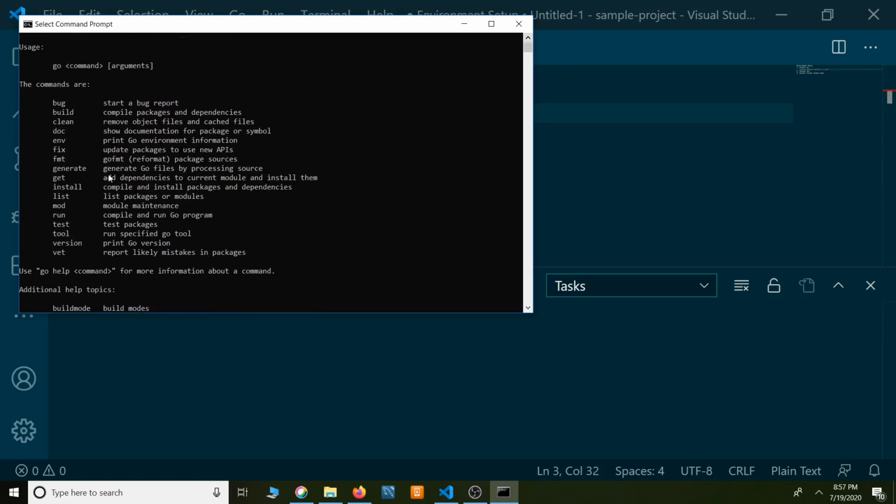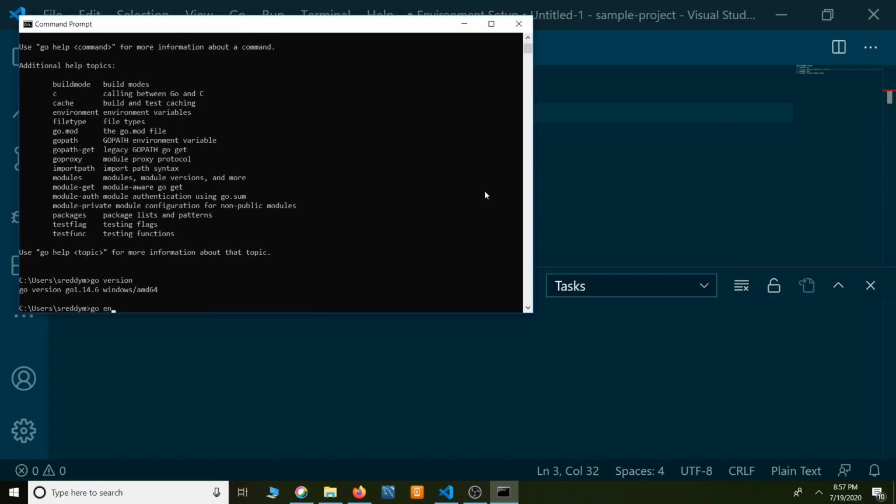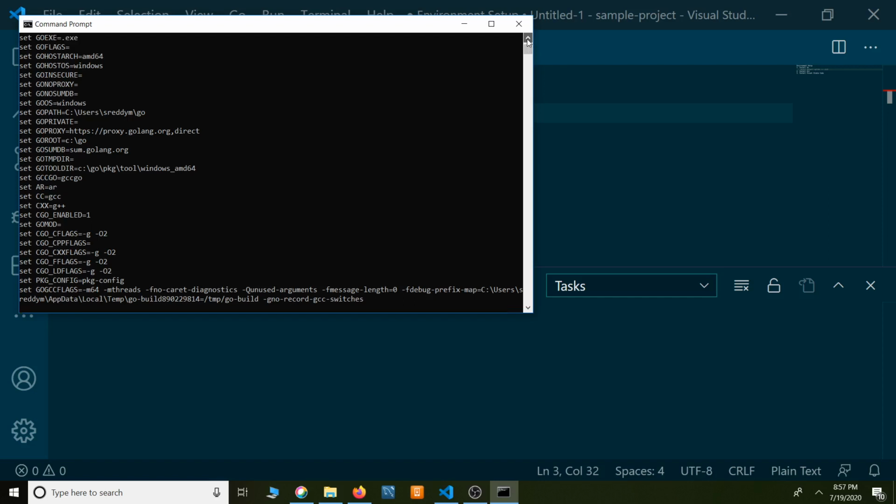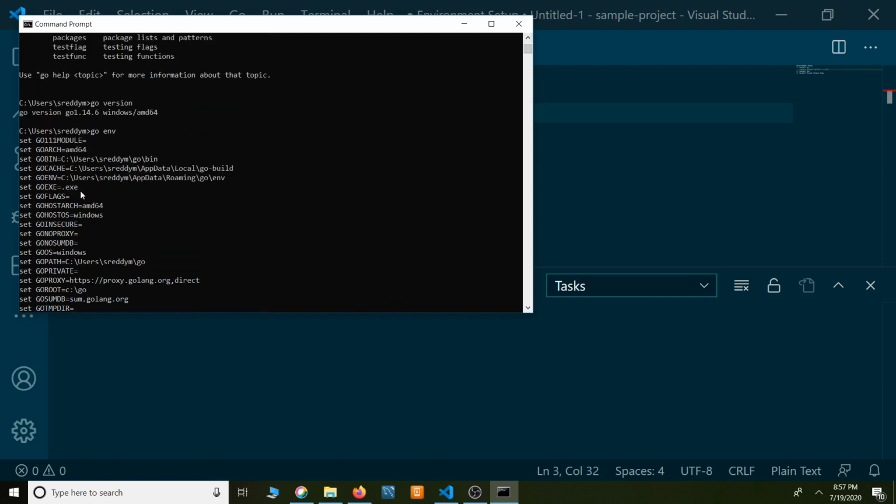One more command is present, and the command is go env. Let's run go env. It will print the environment in which it is running, all the default options. You can check here that GOPATH is present. By default, GOPATH will be selected. This is the C directory, then Users, then the logged-in user ID, and then the go folder. In this path, we are going to write our programs and Go projects. There is a bin folder. We can check it here.